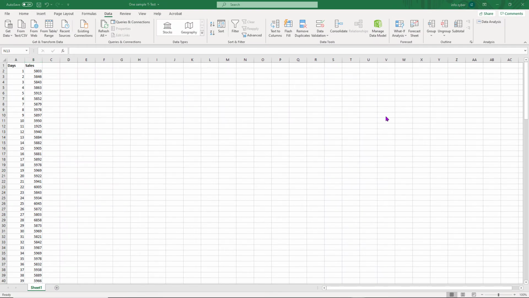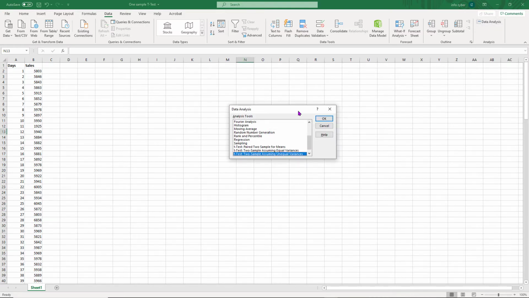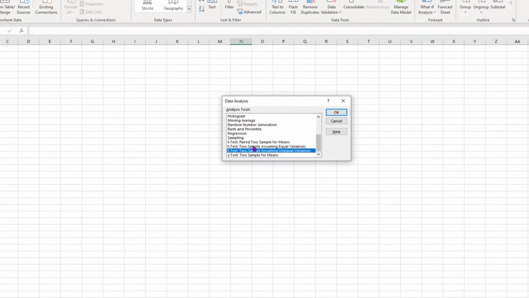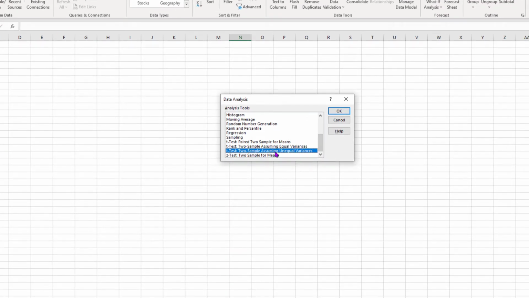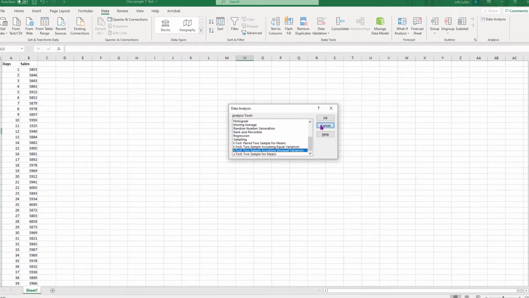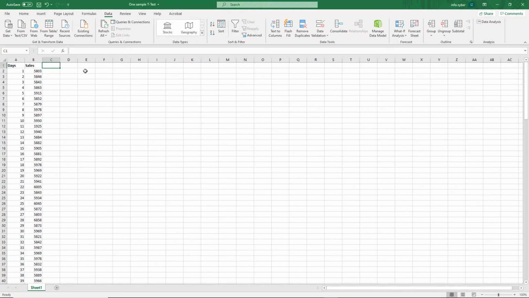Now I am going to select this Data Analysis menu. Click here. Our option is this t-test: Two-Sample Assuming Unequal Variances. You can see here this is a 2-sample t-test, but we are going to conduct a 1-sample t-test. For solving this, we need to make some adjustments in this data sheet. For that, cancel this menu, type here